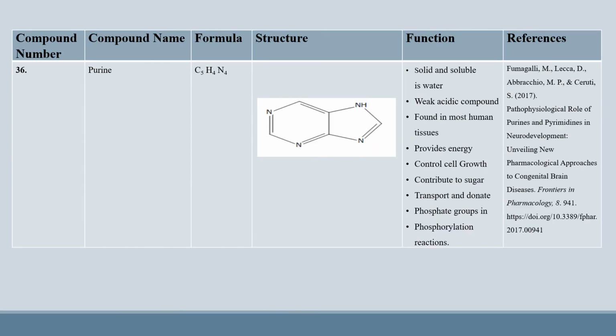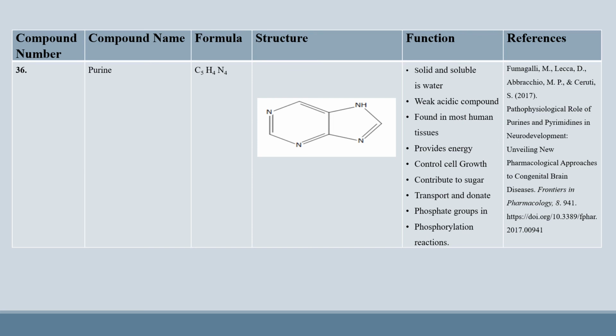So move on to the next compound, which is purine. Based on the information given, there are 9 purines found in the drink with the same mass and mass to charge value. The only difference is the retention time, which only depends on the interaction of the analyte with the stationary phase. Purines act as metabolic signals, provide energy, control cell growth, and they are part of